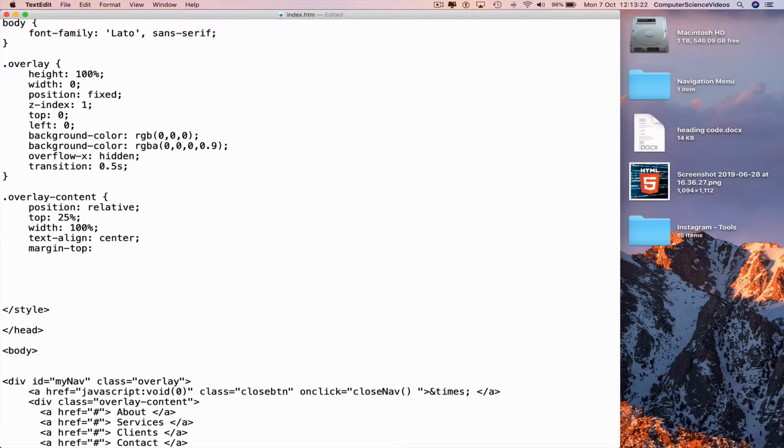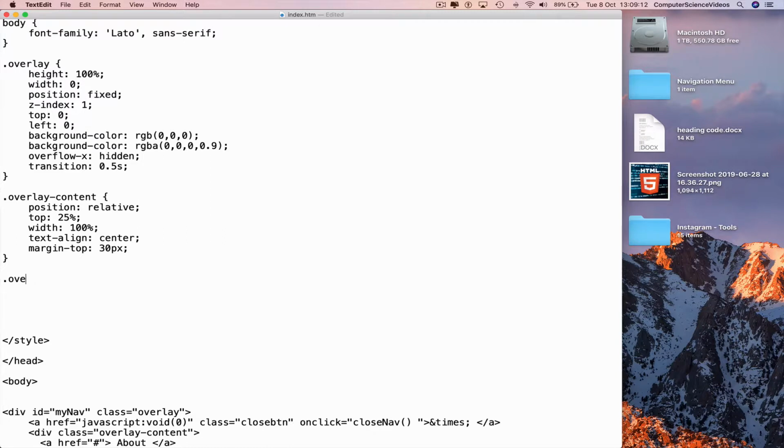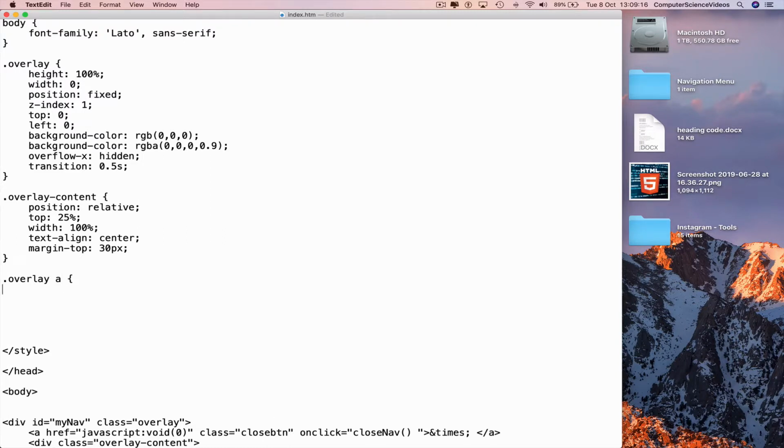semicolon, margin top 30 pixels, semicolon, new line, curly brace, go to a new line, and now type dot overlay A. Curly brace, new line, indent, padding, text decoration, font dash size, color, display, transition,